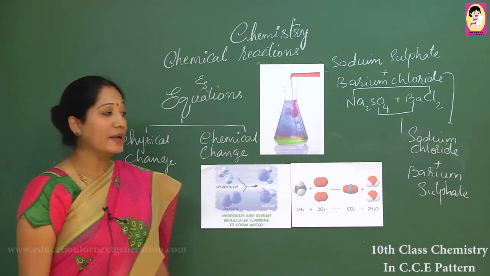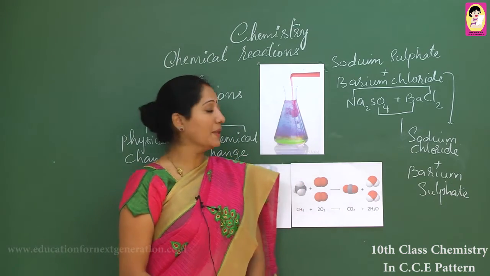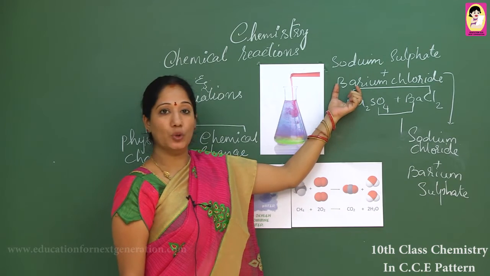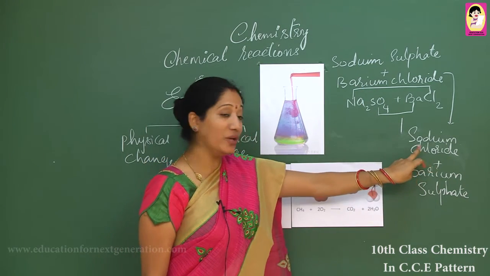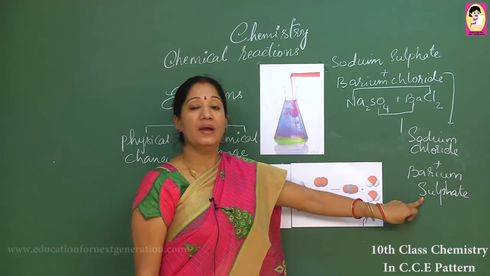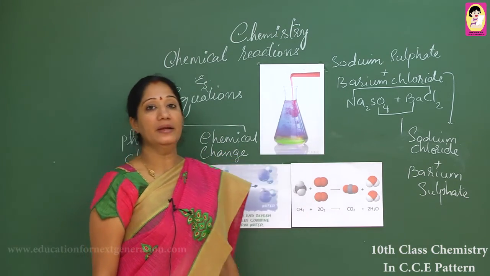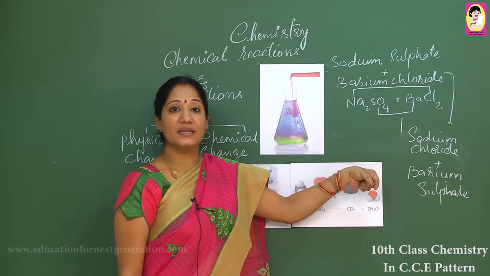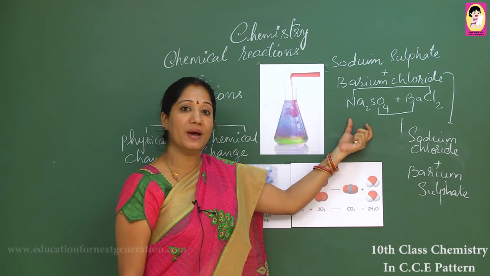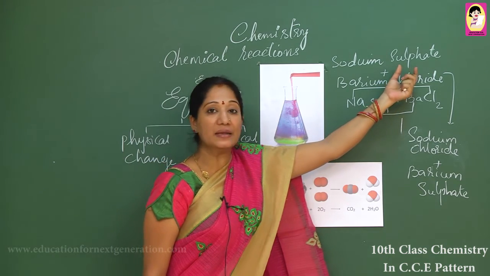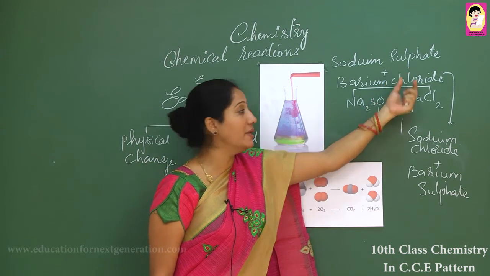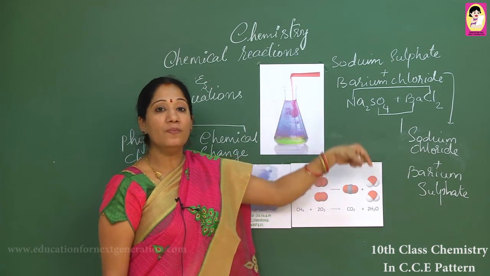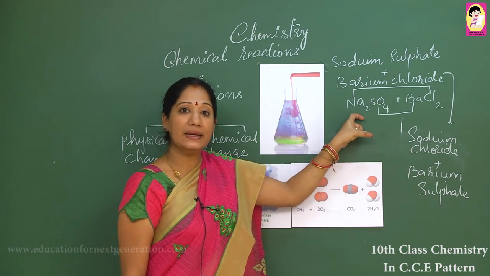Now, see here, this is a lengthy process. I am saying sodium sulfate reacts with barium chloride to give rise to sodium chloride and barium sulfate. But writing in this manner is a lengthy process consuming much time. You cannot understand how many atoms of sodium are participating, or how many atoms of sulfate are participating, or how many atoms of barium are participating over here. Now, that is why, to give you clear information,